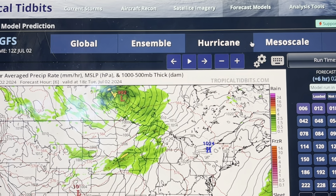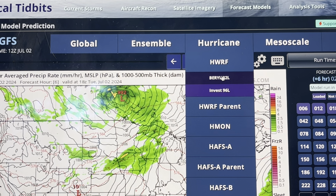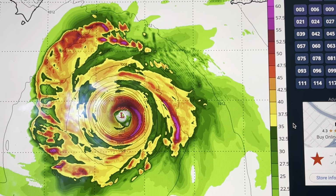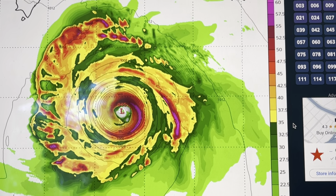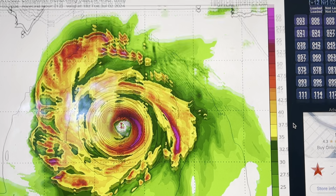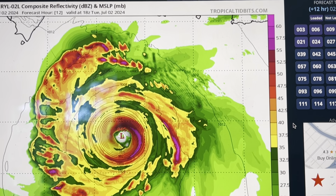Now let's take a look at the hurricane models, to show you what they are forecasting for Beryl as it continues through the Caribbean towards the Western Caribbean, the Yucatan, and what it may do once it crosses the Yucatan into the Gulf of Mexico. So, starting off with the HWRF hurricane model,